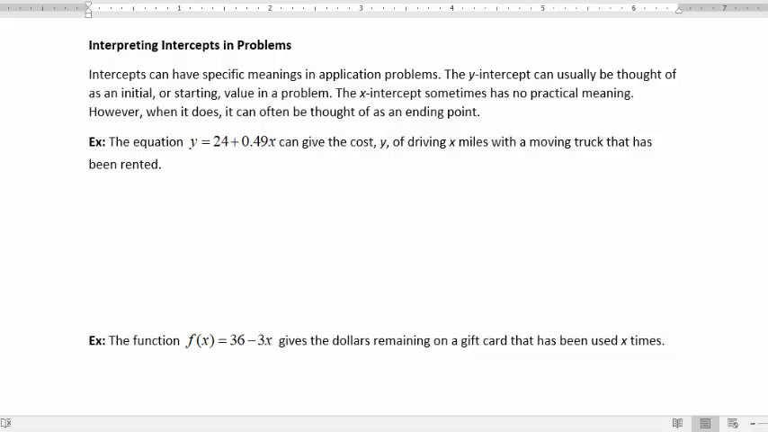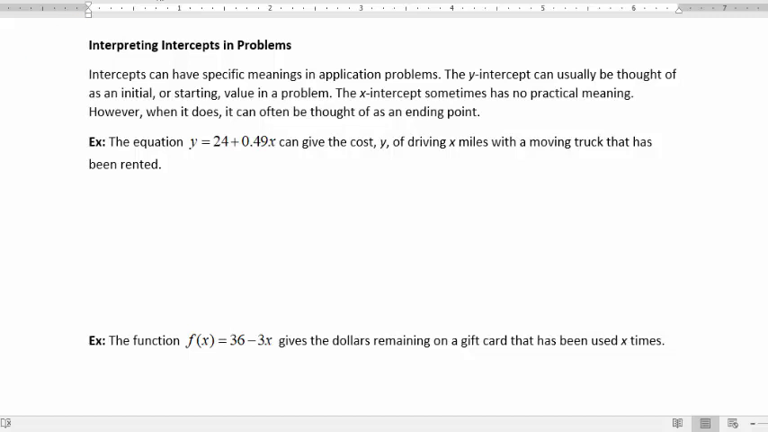Since our course is concerned mainly with applications of different mathematical concepts that we learn, it's going to be important to be able to interpret the meaning of intercepts in application problems. So,